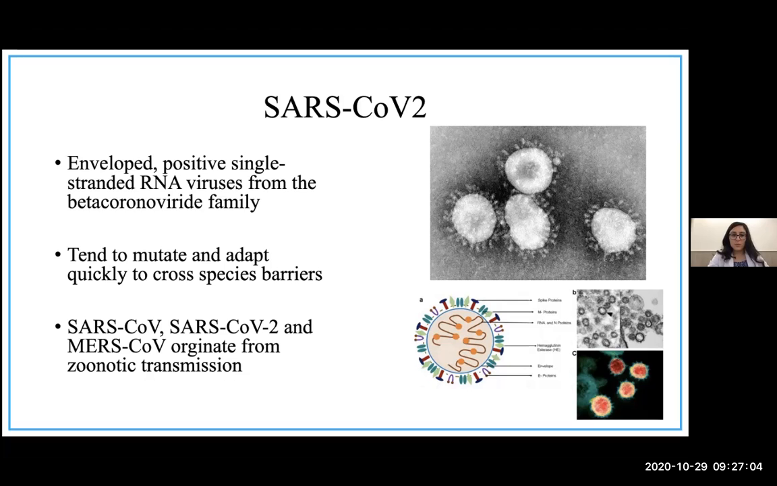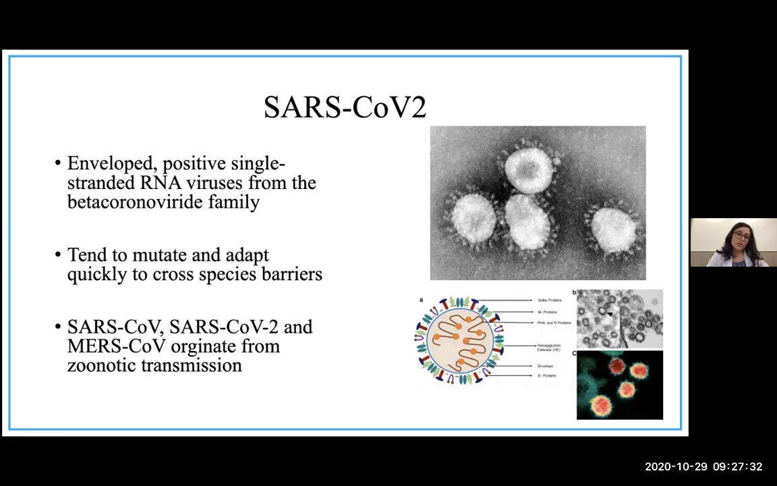It's an enveloped positive-stranded RNA virus from the beta coronaviridae family. Corona comes from the Latin word meaning wreath or crown. And as you can see on the electron microscopy, you have these spikes coming out of corona. And this is a TEM image also of corona showing the spikes. And then this is a colored one. So the green part is actually the spikes giving it its name. So the coronavirus